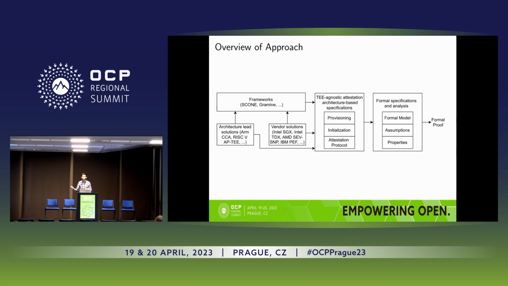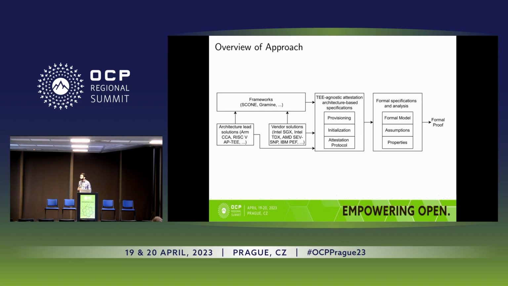in natural language, English for example, which can be misinterpreted, but are rather represented as specifications in three different categories: the provisioning stage, let's say, when the platform is provisioned with a secret; then the initialization, when the platform is booted; and then the runtime, when the attestation protocol is done on request, as on the first slide I showed, where there is a request and then there is an evidence. So the actual attestation protocol. We think of it in terms of these three processes for any attestation, any trusted execution environment.